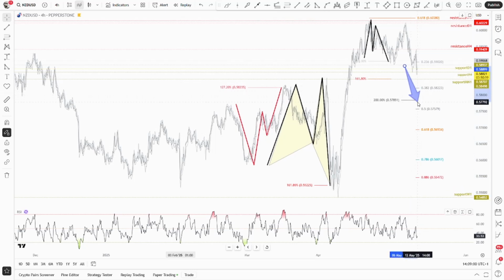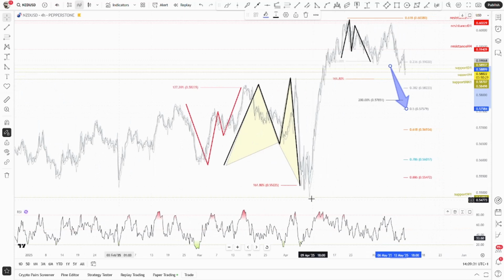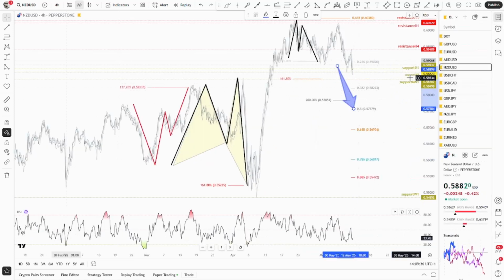Will imply the recovery of that level, which means a move towards the 50% Fibonacci retracement will not be a surprise if the Kiwi can't find support at the 38. In order to achieve the default target for the double top, it needs to break below those levels. So eventually it will be forced to search for the retracement level at 57.57, the 50% Fibonacci retracement of all these swings to the upside. That being said, pay attention not only to a drop to the downside, but also to this pressure zone